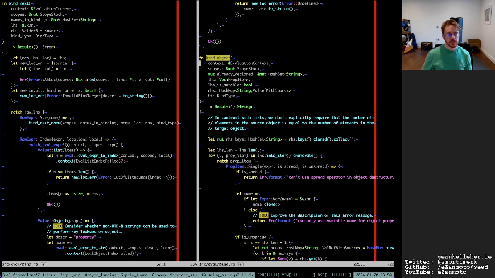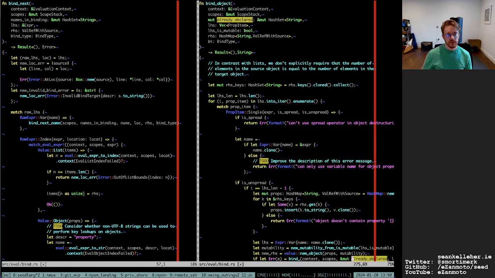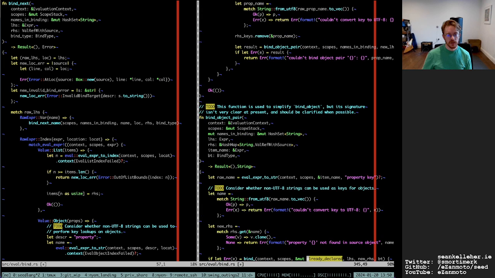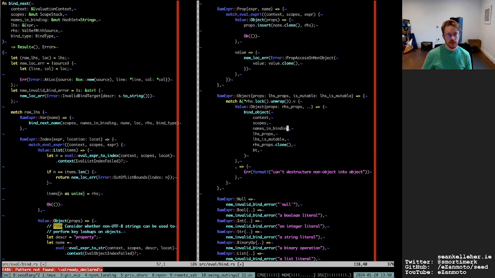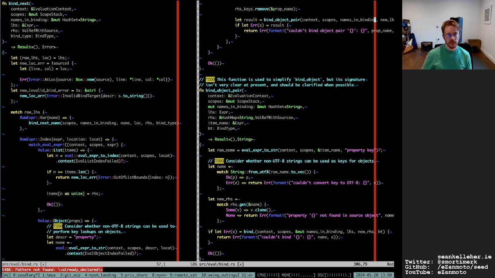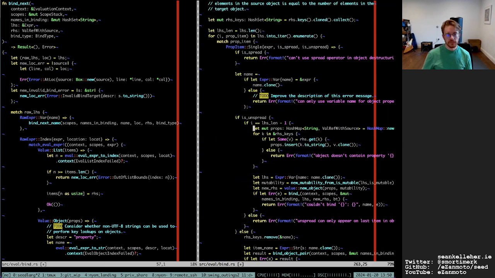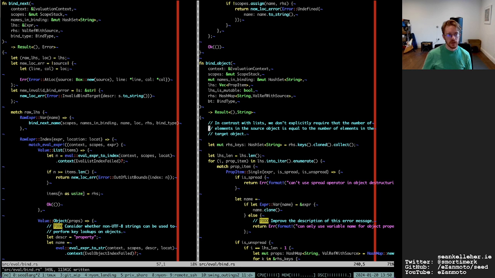So we've got context scopes, names in binding. I think I renamed that. We have left hand side, which is a vector of props.